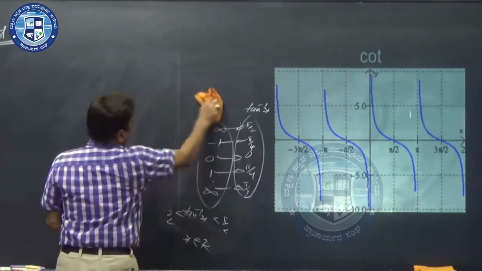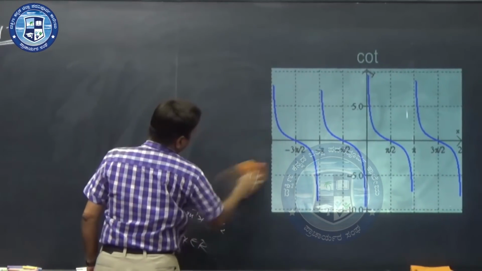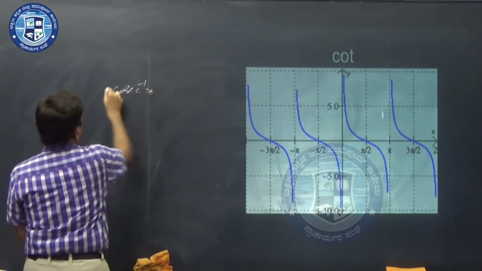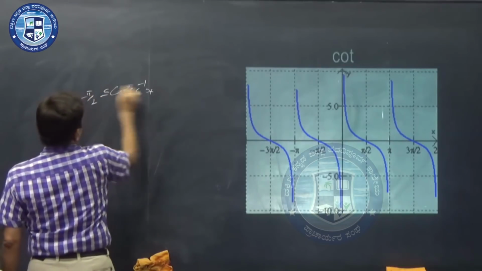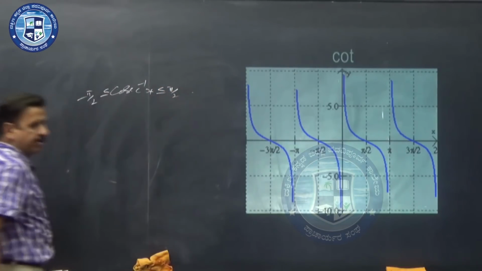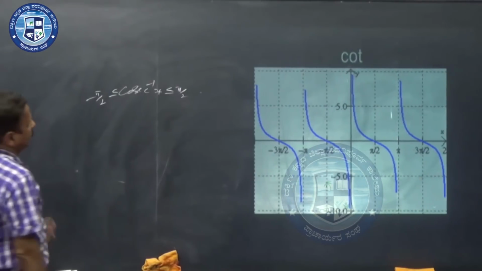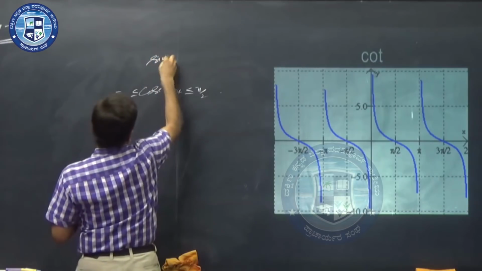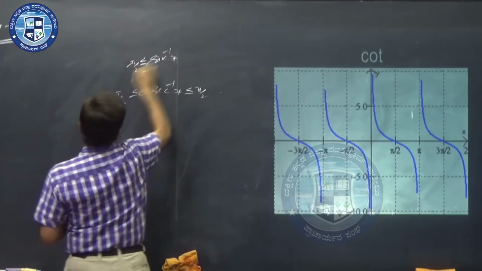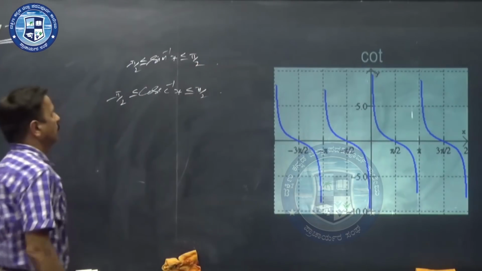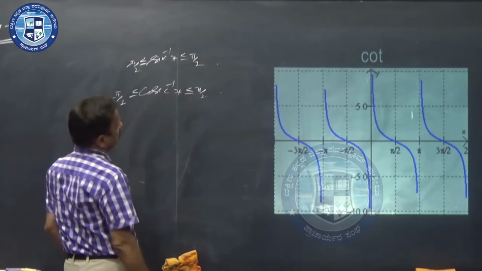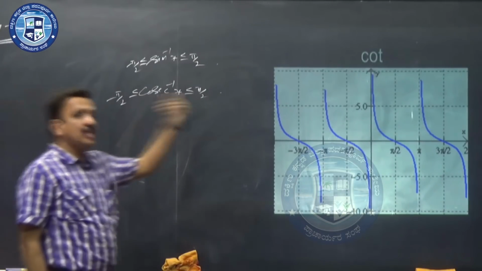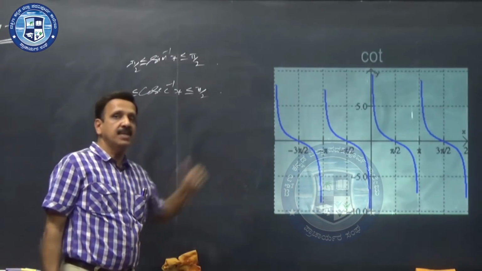So how then do you analyze cosec inverse? Cosec inverse also varies between, at the beginning we said it varies between minus pi by 2 to plus pi by 2, because sine inverse also varies between minus pi by 2 to plus pi by 2. So we assume that cosec inverse x also varies between the same, but the assumption should not be like that. It must be based on the cosec x graph. That is why I have taken the help of these graphs.